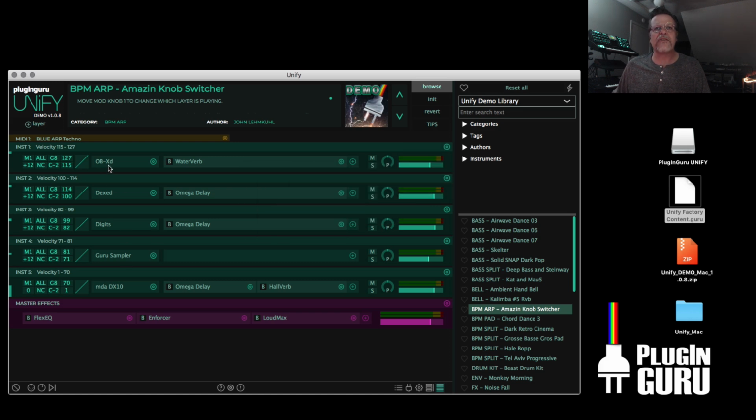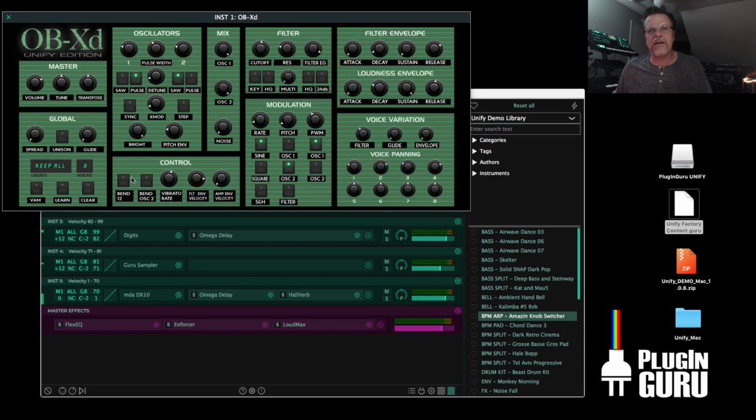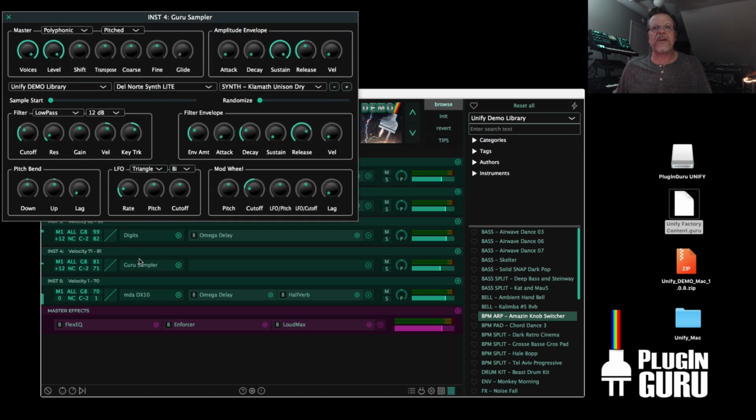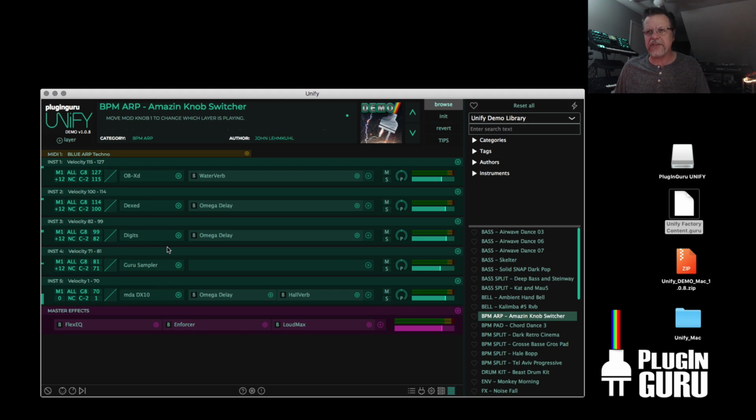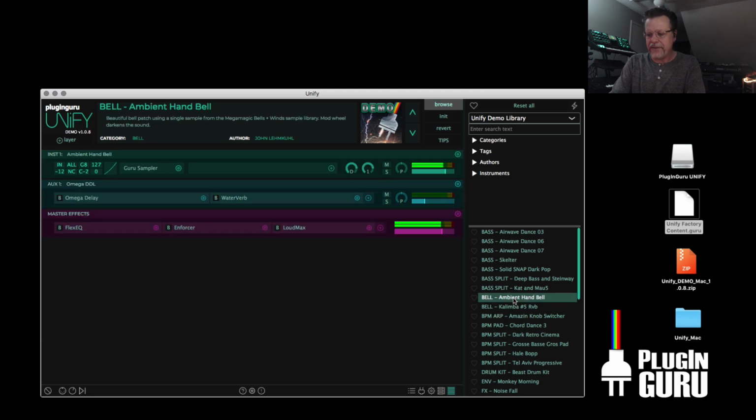Like this one patch right here is using digits with an analog synth, along with our Guru sampler and MDA DX10, which is a 2-operator FM synth. None of that has to matter to you because you just click over here and hit play. And it works. Go, I want some ham bells. Right? So we have it designed where it calls up, it has patches, and then all you have to do